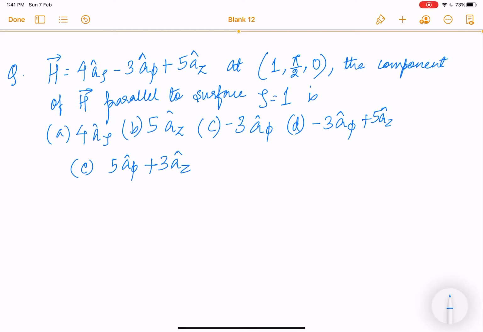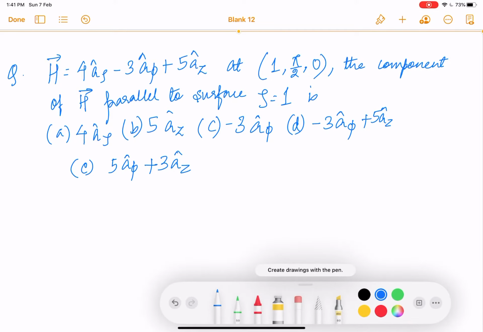Hey everyone, coming back to electromagnetics, I have come here with another question from the same chapter of the book Principles of Electromagnetics, first chapter, that is Coordinate Systems and Transformation. This is the question which goes like this: you have been given a vector over here, that is